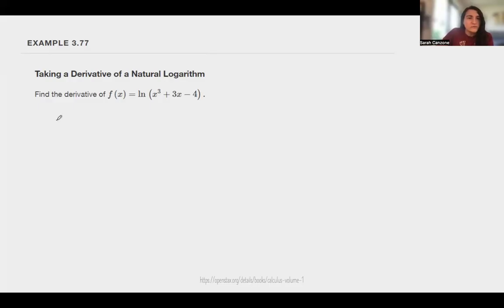So the derivative rule says f prime of x equals 1 over the thing in the parentheses, this argument, which is x cubed plus 3x minus 4. But because this is something other than x, we have to consider that by multiplying by the derivative of that thing in the argument. So the derivative of x cubed is 3x squared. The derivative of plus 3x is plus 3, and the derivative of minus 4 is 0,